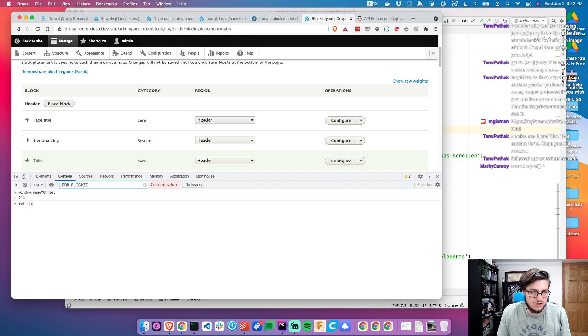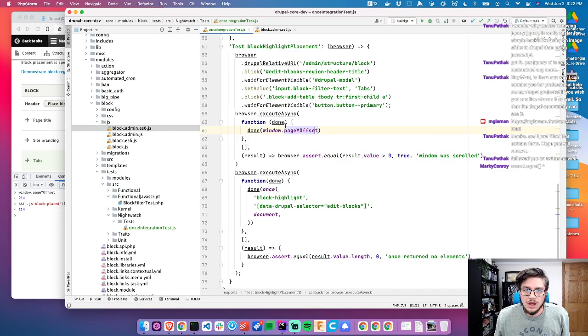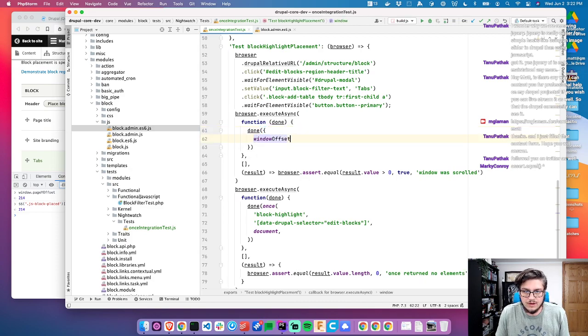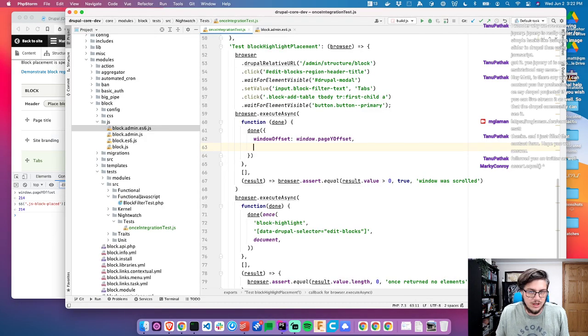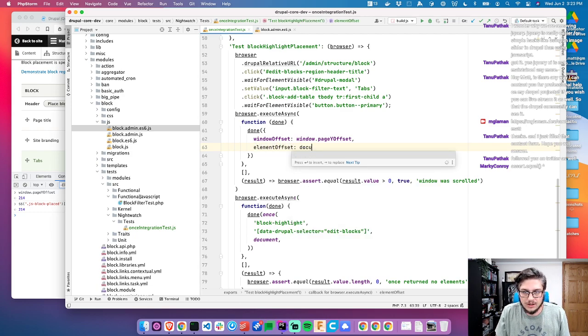I guess what we could do is do JS block placed dot off. What is it? Page. No. Zero dot offset height, offset top. All right, so there we go. All right, we're going to try this. So we're going to do done. We're going to say window offset, and we'll say element offset is document dot query